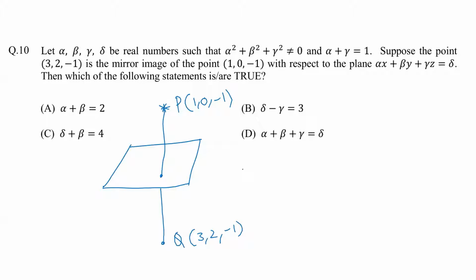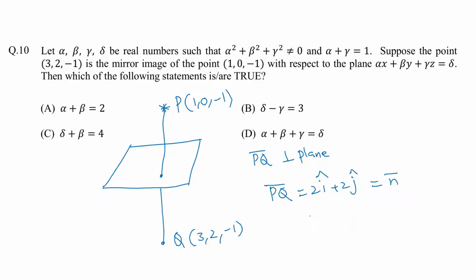So one thing that we can directly say, PQ is going to be perpendicular to the plane, as we are talking about the mirror image. So obviously the PQ is going to be perpendicular to the plane. So what is PQ vector that we are going to get here? So PQ can be written as 2i cap and 2 minus 0, that one is going to be 2j cap, right? And that's it, 2i cap and 2j cap. That is going to be your PQ that we got here.